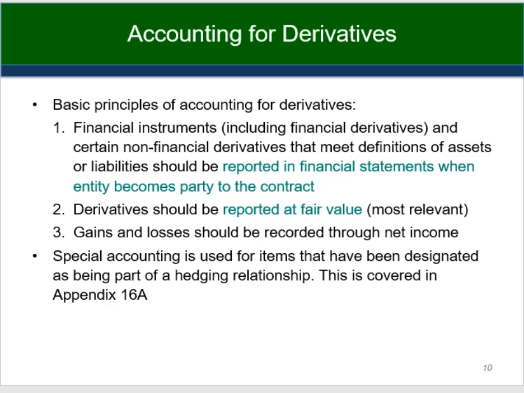So it also creates an obligation to pay a fixed amount at a certain date. So you have the right to participate in increases in value, but you also have an obligation to pay a certain amount in the future. The purchased option, on the other hand, creates a right but not an obligation. So an option is protecting against sort of downside risk, but you can still participate in the upside if the share moves in a way that increases your profit. So the holder may choose to exercise the option, but need not. If you're the writer of the option, of course, then it's an obligation for you.